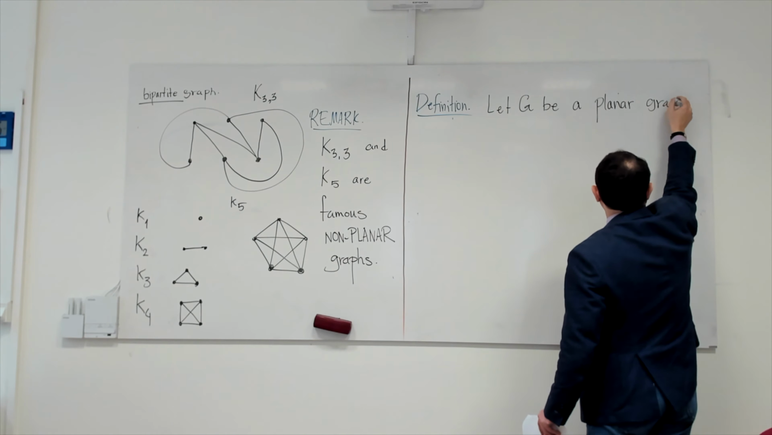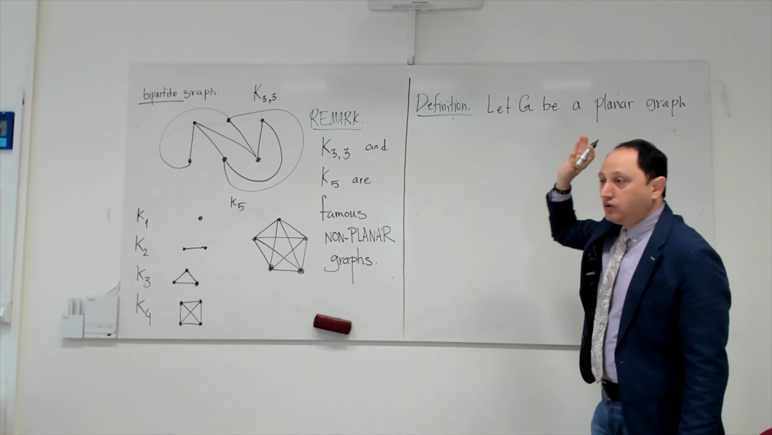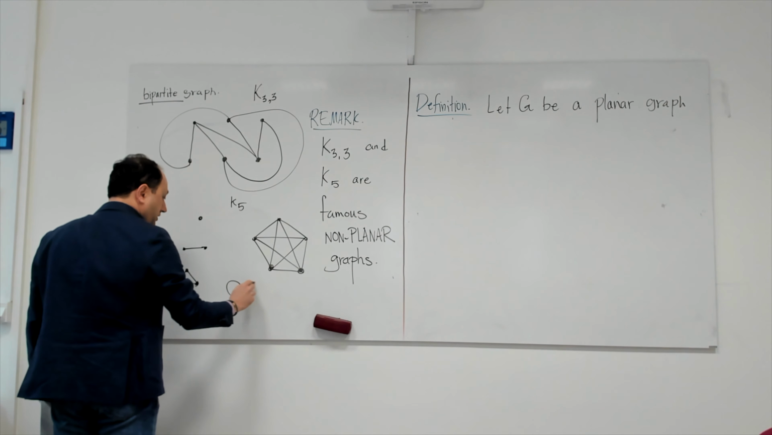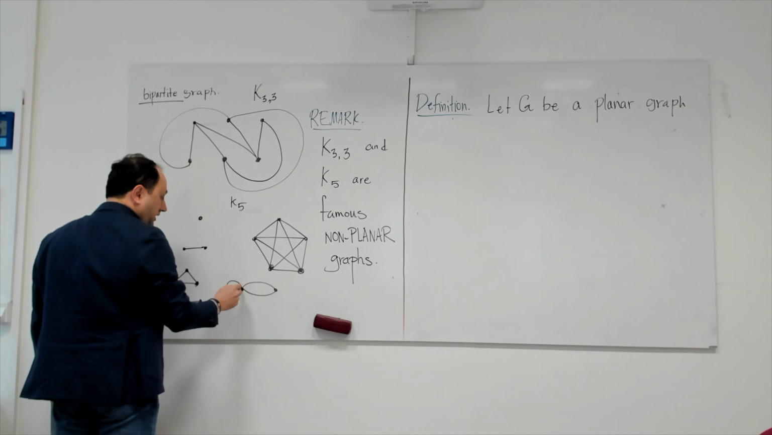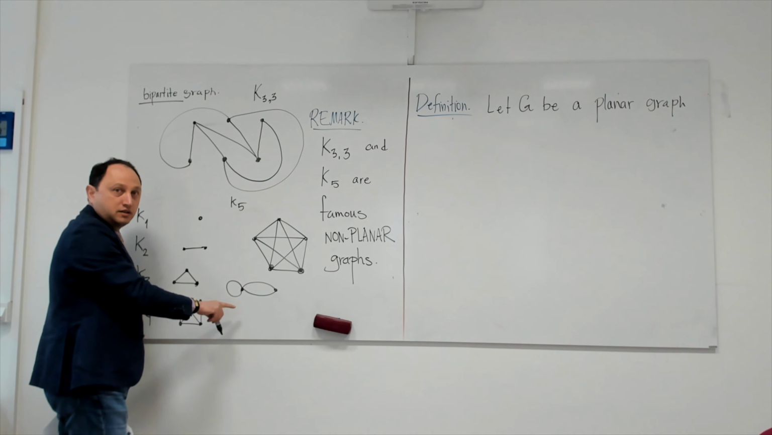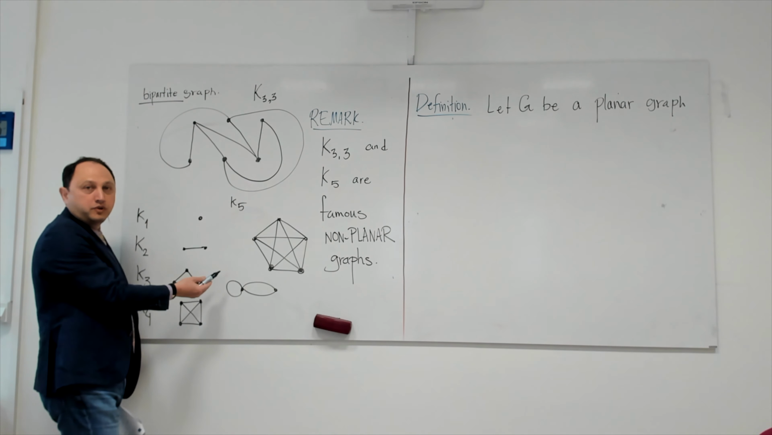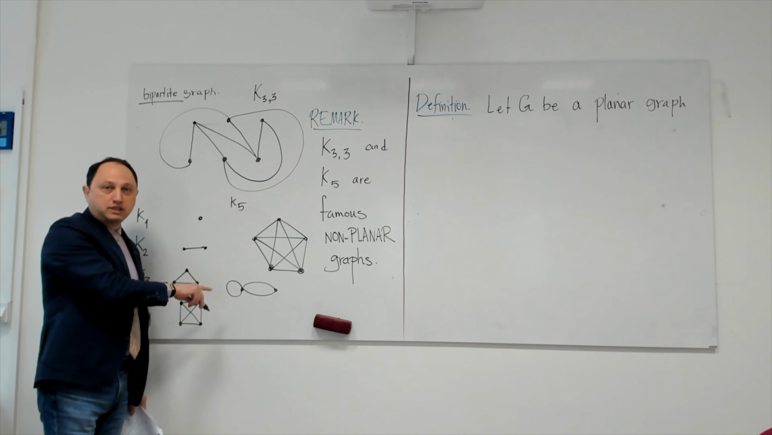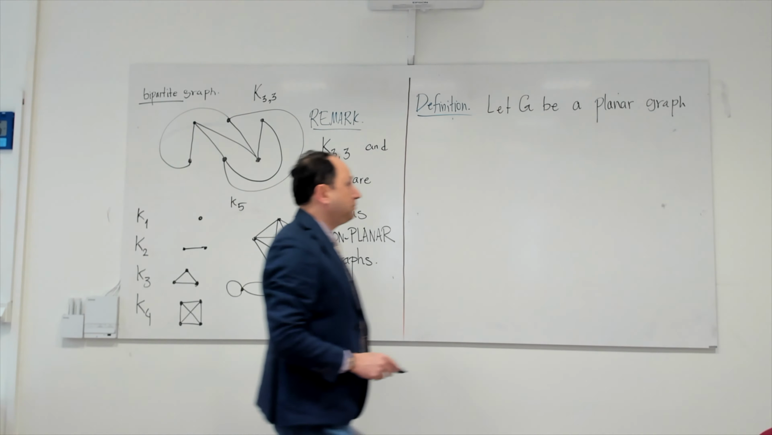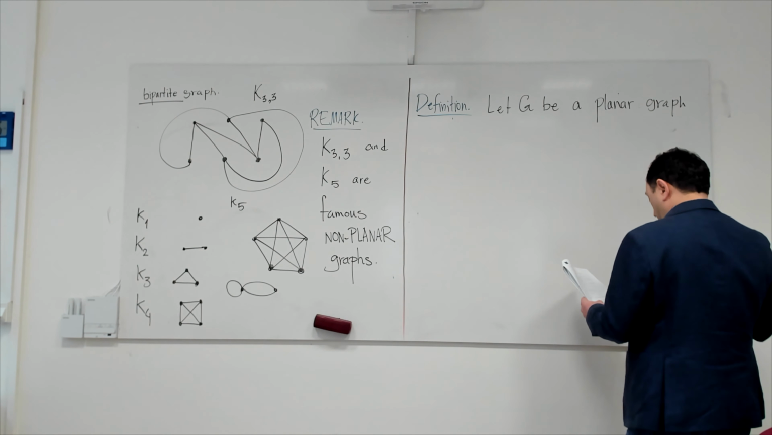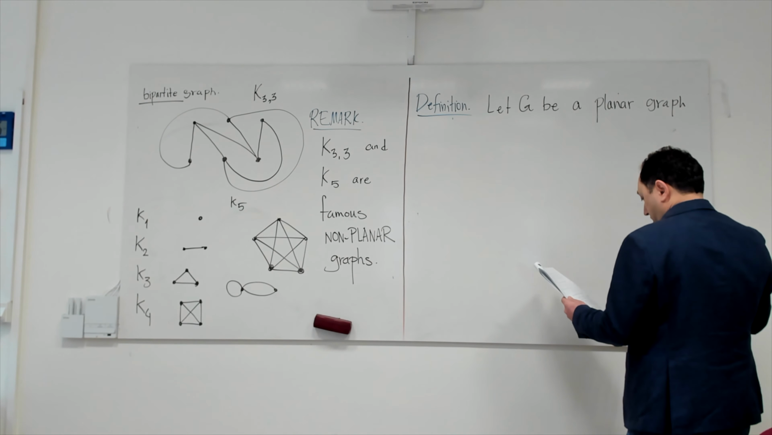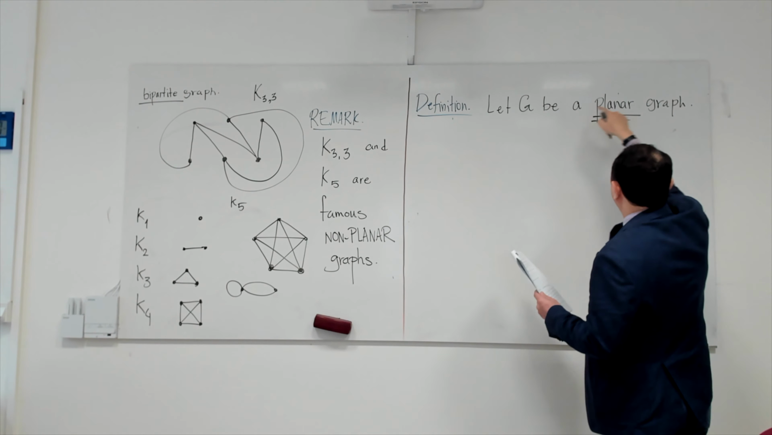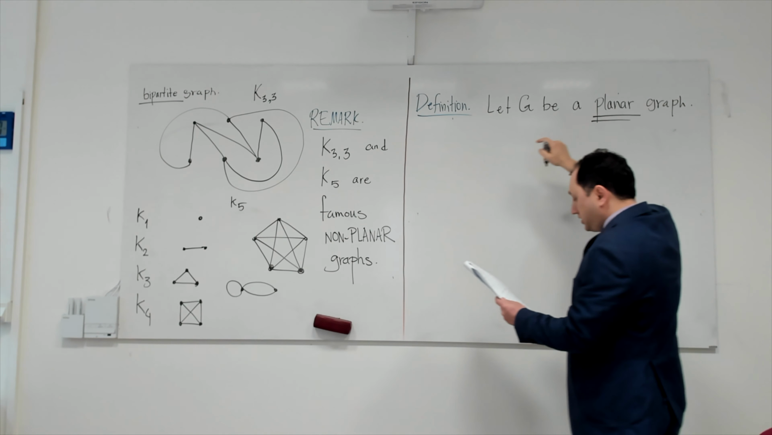By the way, accidentally I drew all simple graphs, but this is also a planar graph, for example. It's a multigraph containing a multi-edge and a loop. That's also planar. So this notion of planar is completely okay for a multigraph. Okay, so let G be a planar graph. It's important, so let me emphasize: this definition is only for planar graphs. Consider any